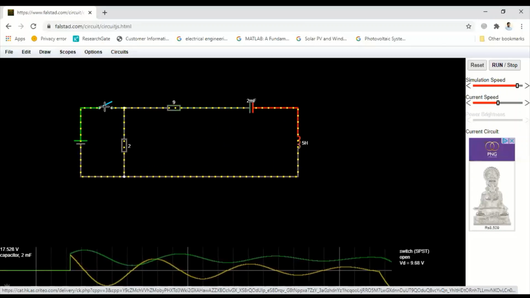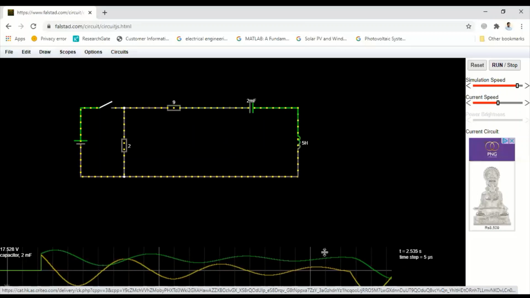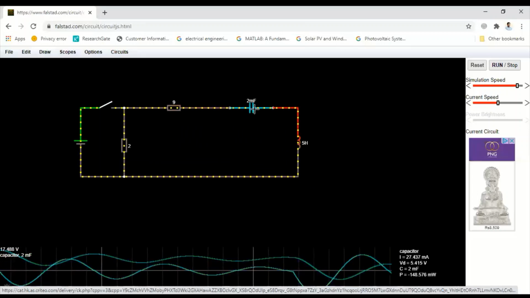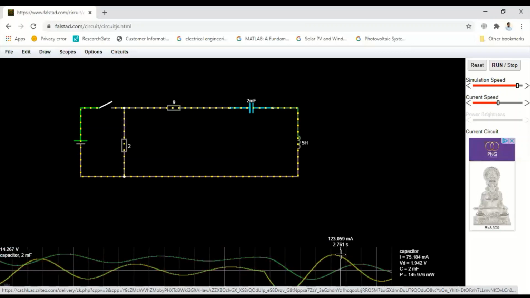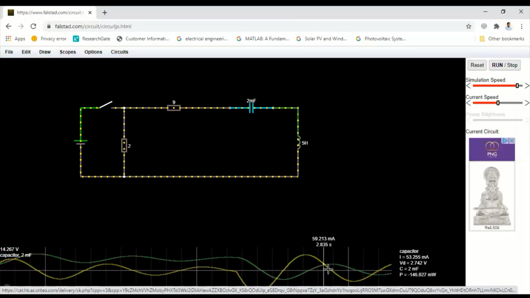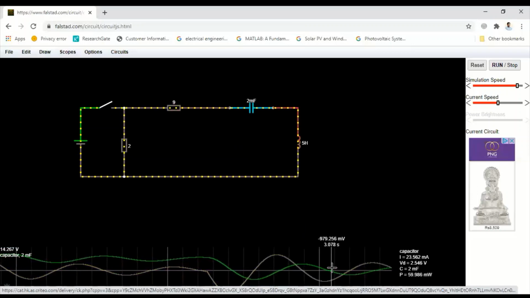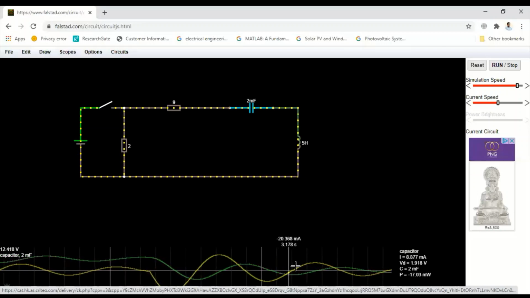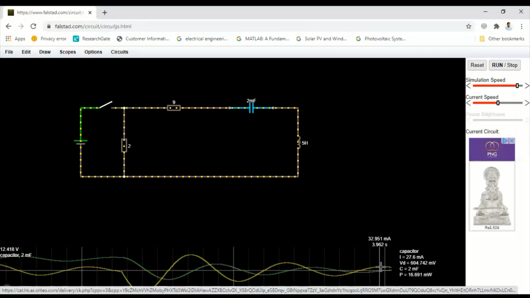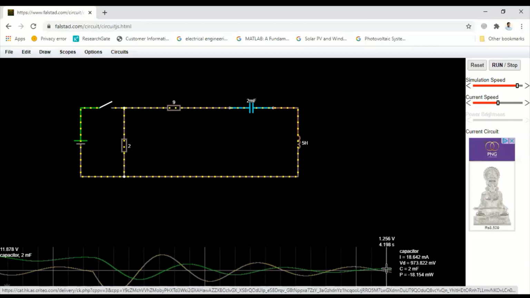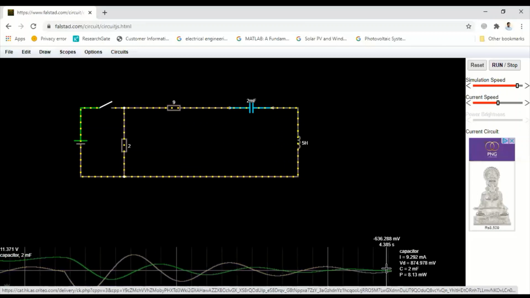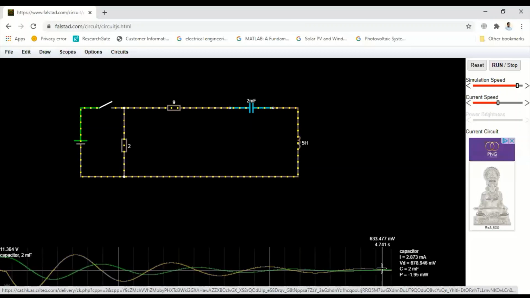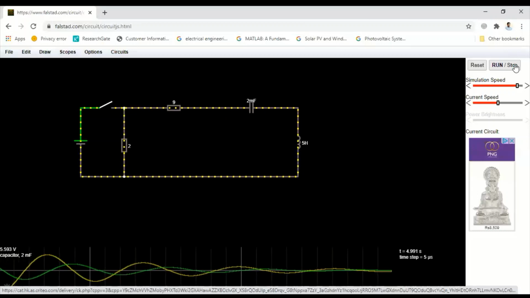If I open the circuitry, now a transient has been observed, and whatever charge was stored across the capacitor can be seen right now. See, it is being discharged slowly. It is being discharged slowly. Hope you understood today's RC, RL and RLC circuits.